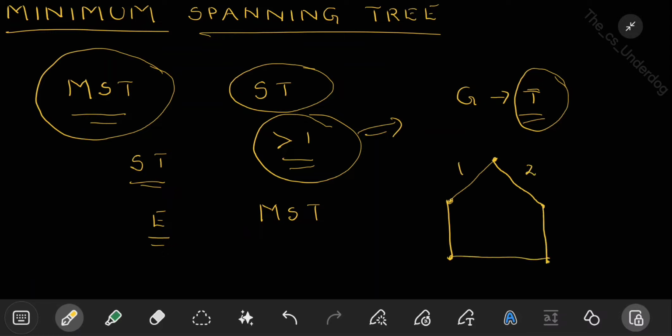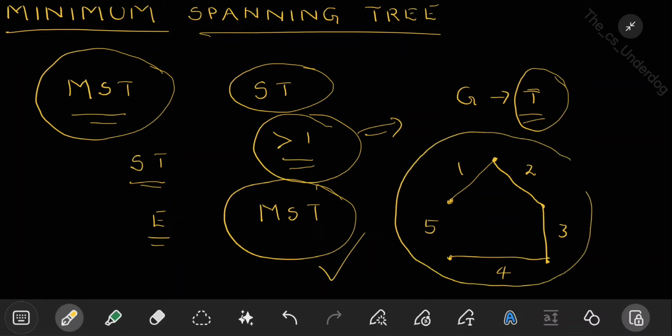Let us say we have 1, 2, 3, 4, 5. These are edges having different weights. Whenever you have unique, distinct edge weights, then your MST will be unique. Why is it? Because there will be some particular edges which will always give you the least weighted spanning tree. For example, here if you remove the edge with weight 5, this is the minimum spanning tree possible for this